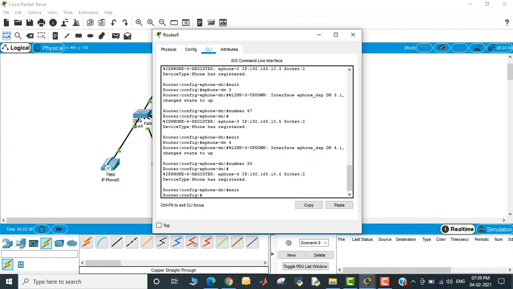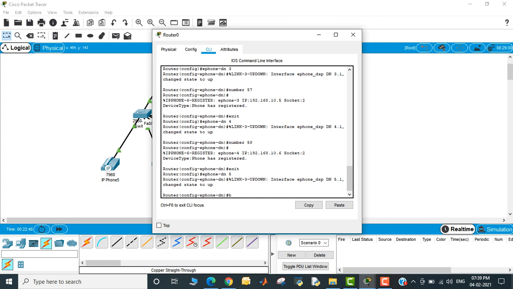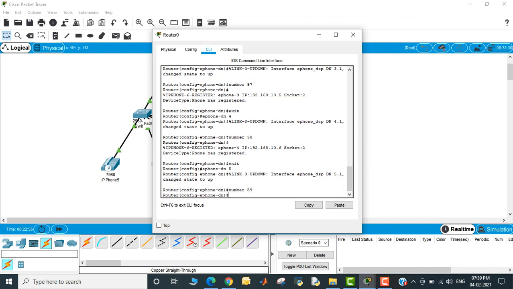Now ephone dn 5, and I'm going to give the number 59. Okay, 59. It should take some time, and after that it will establish.